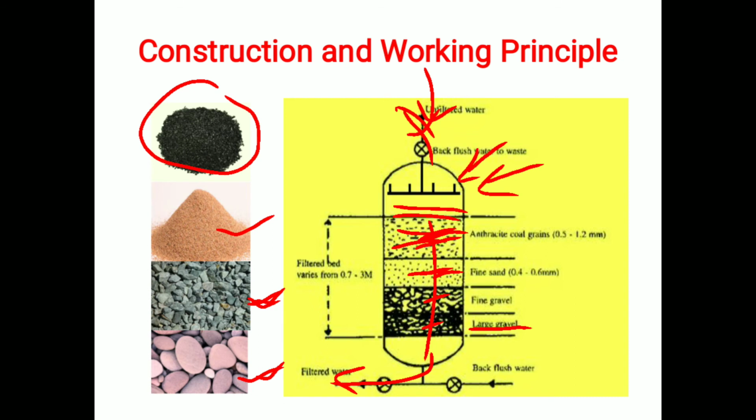So in backwash, what we are doing, we are feeding water into the filter through the bottom, like this, and this water collects the impurities which are trapped inside this filter and comes out through this line from the top. Okay, so this is how the activated carbon filter is working.